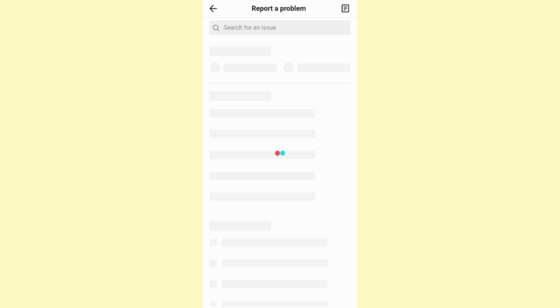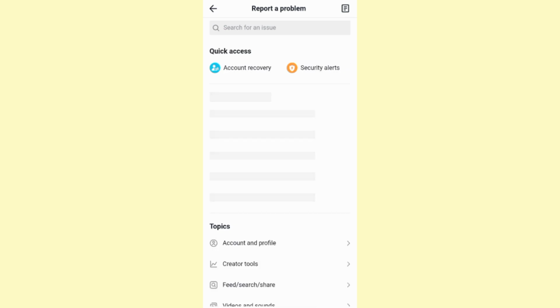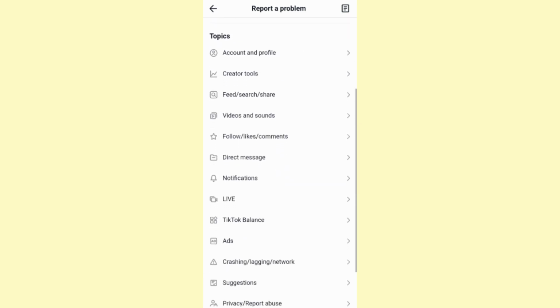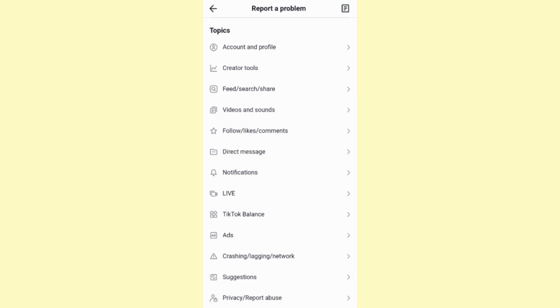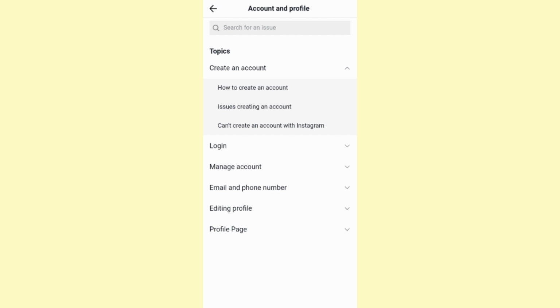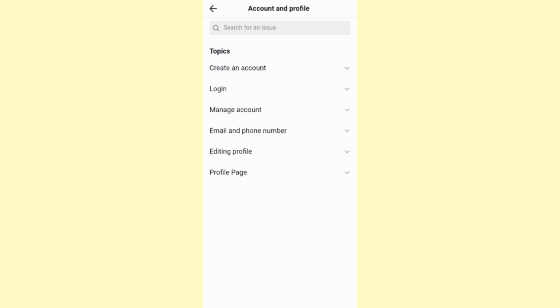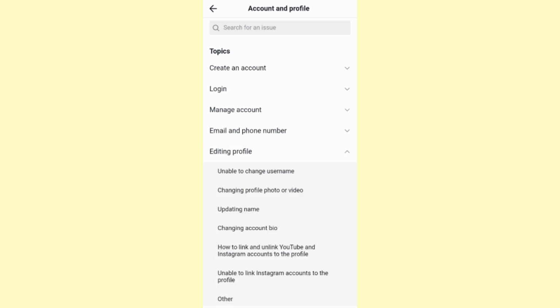and you will get to this page right here, in which you want to scroll to the topics section at the bottom, and from there click on account and profile, and here you will find several drop downs. As you can see, let me close this one. You want to click on the editing profile drop down, and from there click on updating name,